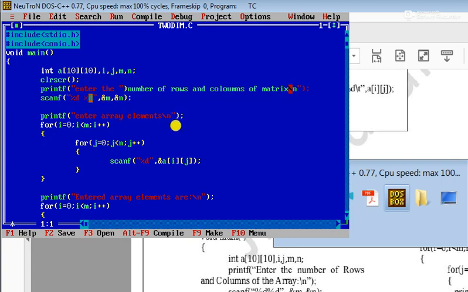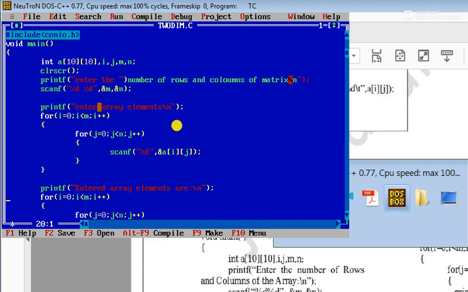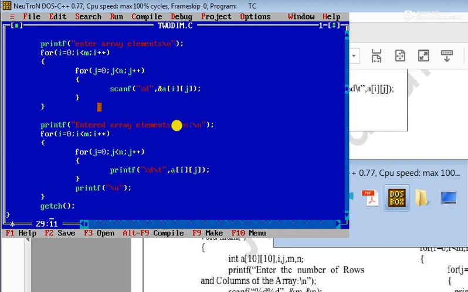First we have to accept the input, for that scanf, nested for loop, and then next array elements. The elements you enter will be printed. Here I told you \t and \n are for representing the data in matrix format.